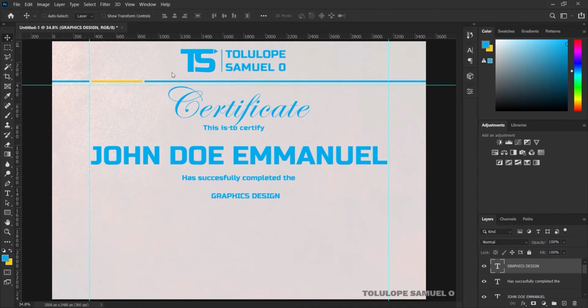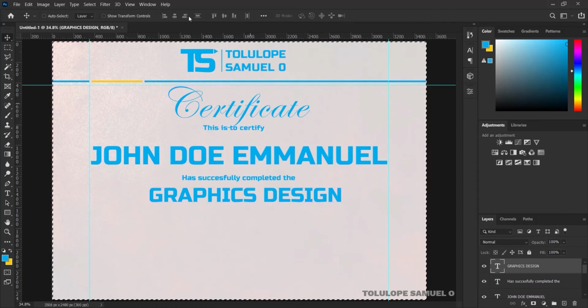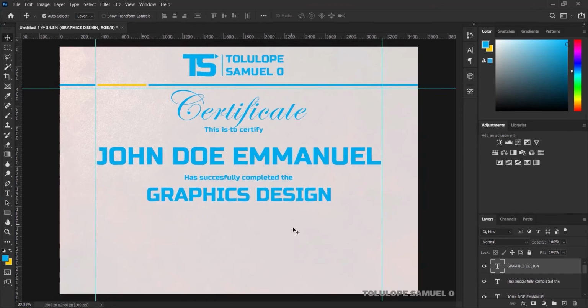I'll pick my text tool, press Ctrl T on my keyboard to transform it out a little bit, just like that, bigger than "has successfully completed" but not up to the name. I'll press OK, press Ctrl A on my keyboard and center it just like that. I'll bring it down. Yes, and after doing that